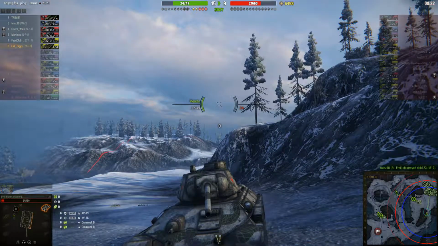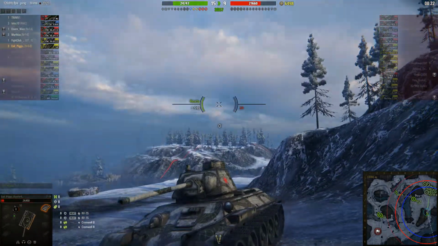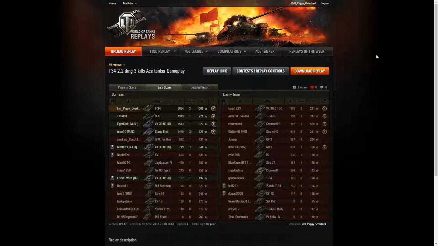For some reason, the replay is buggy, so it doesn't show how much damage we did. So I'll quickly show you the post-game stats so you know how well we did. So, we aced it, obviously. We had a bruiser, fire for effect, it was a victory. We got the Sparta medal, always nice, especially in the medium. And now,